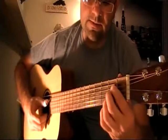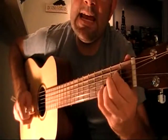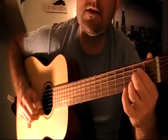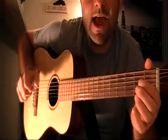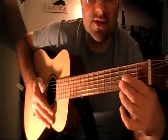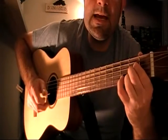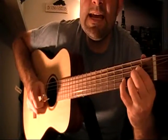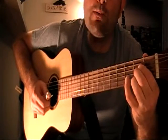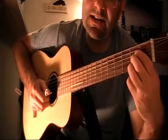So it will be like this. Then to be that woman's man. And we'll concentrate on that last part. So B, you're going to locate the 2nd string, 3rd fret, B, then open string, maintaining this chord positioning, open string on the 2nd string,